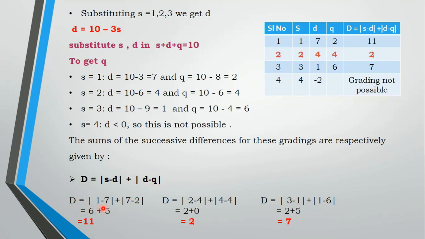First we'll try to write the same thing. So we have listed it in the table. For the first one, 1 minus 7, then 7 minus 2. So observe here, by calculating this, your D value will be 11 for the first one. For the second one it is 2. For the third one it is 7. So here, as your derivation says, the second group is best because the minimum difference is got only for the second group. You need to show that using the grading diagram.